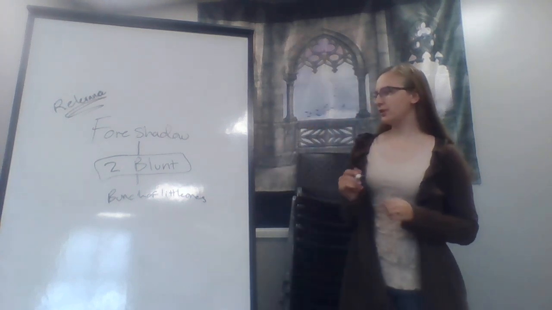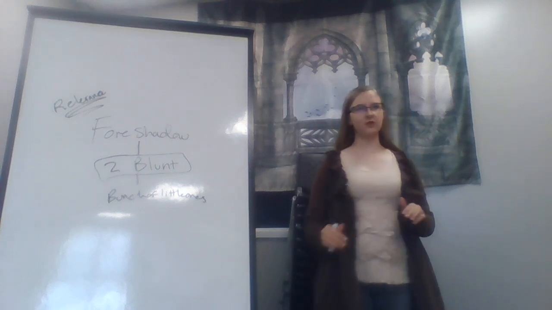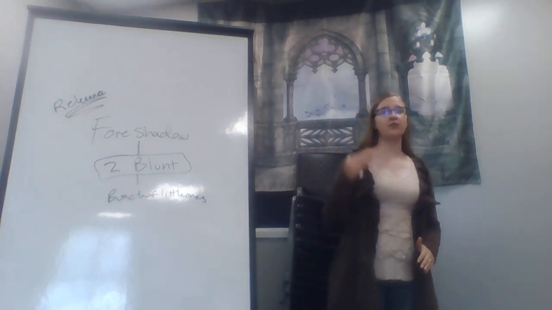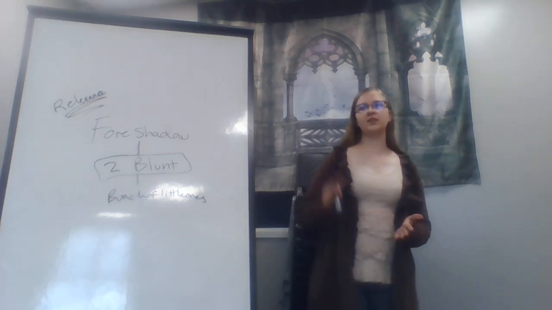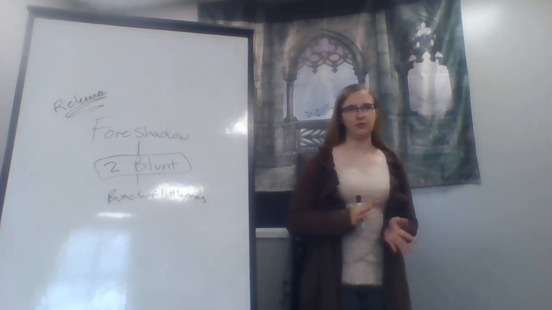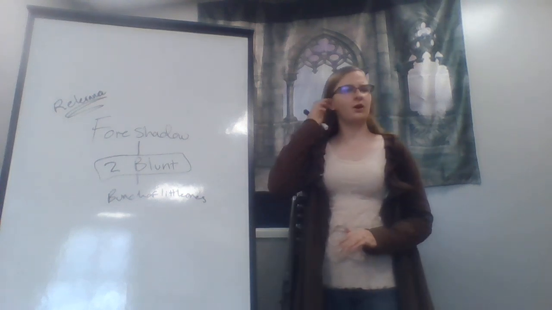Anyway, so with foreshadowing, I would say the two blunt is important because then you have one slightly after the beginning, but before the middle, and then one just before the ending, but after the middle. That way they keep it reminded that something weird is going on, right?